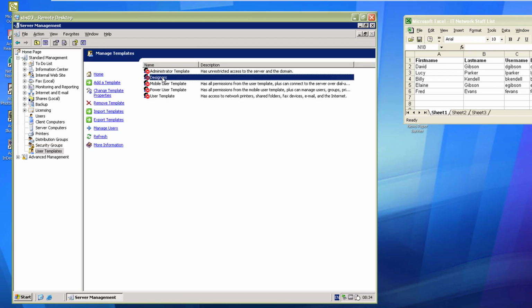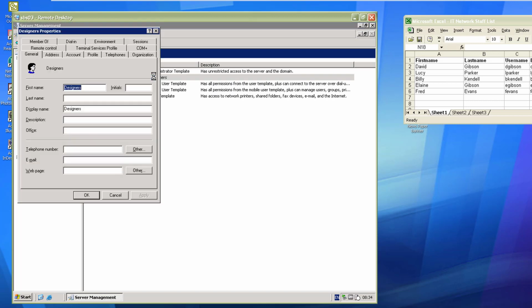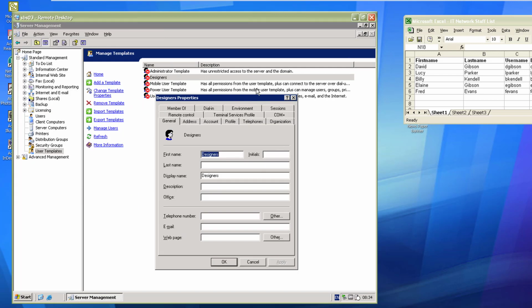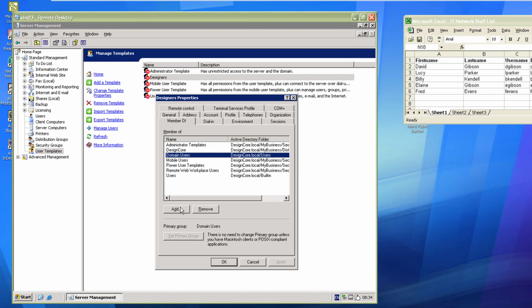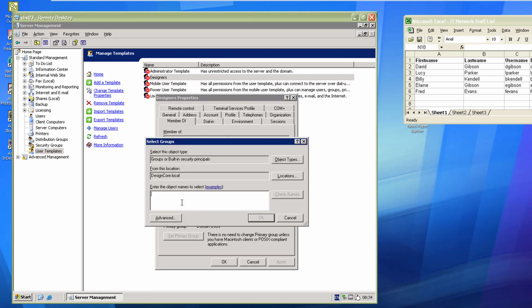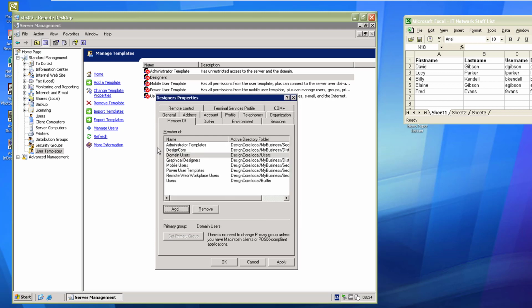Now, in the last video, or one of the last videos, we created our first user template. We're going to go ahead and make some changes to this now. So when we double click it, we get the properties window open. We can go into members of, and we can now define the groups that we want this user to be a member of. So we're going to add graphical designers into this group, or into this template I should say, so that now that user is always going to be a member of